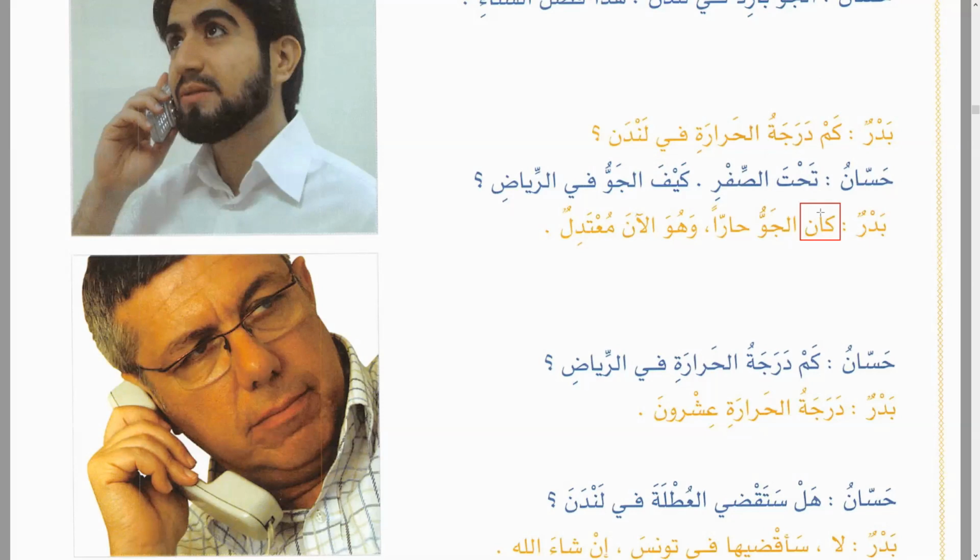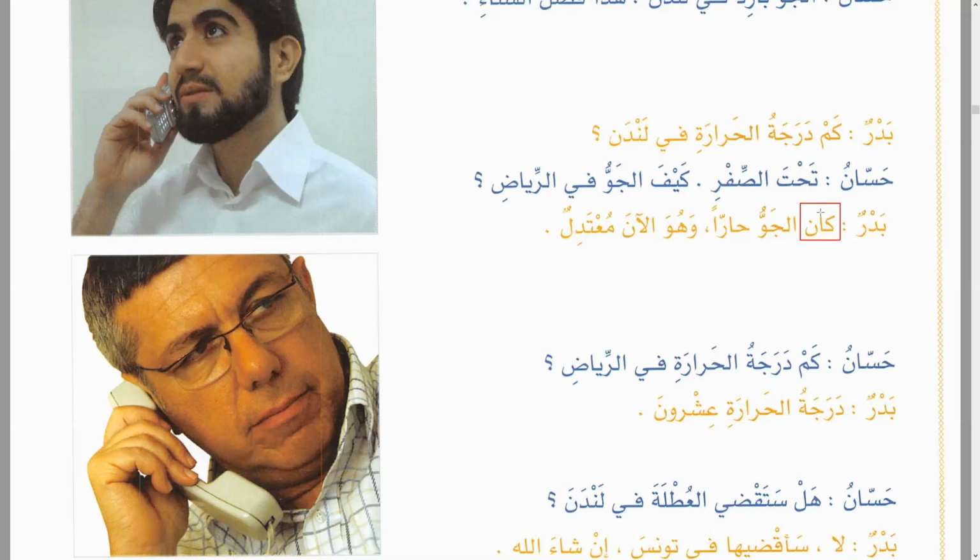Now there are some verbs where the meaning is not complete. There's also naqis with a weak letter verb, but we're not talking about that. We're talking about it in the sense of meaning. Like he was what? It doesn't give you a complete meaning. Laisa is also like that. He is not. He is not what? It's incomplete. You have to bring something. So whenever kana comes, or asbaha, amsa, and so many others, kana has so many sisters. Laisa is also a sister.